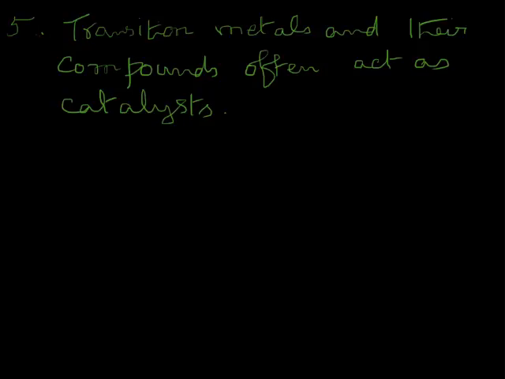And you can also quote that finely divided iron is the catalyst in the Haber's process of manufacture of ammonia. You can have a very large number of examples for this. Now, we will attribute this to the capability of transition metals to adopt multiple oxidation states